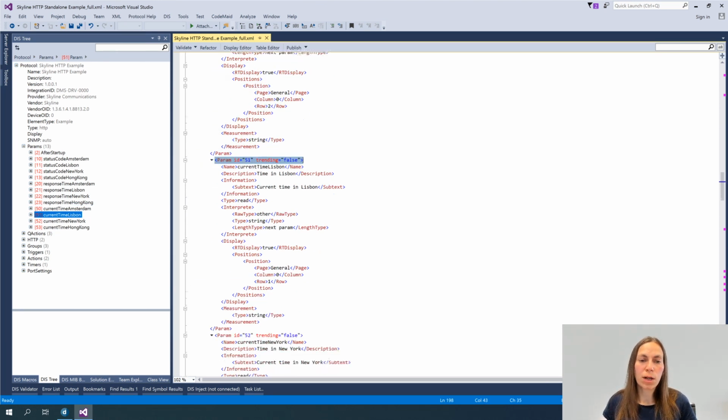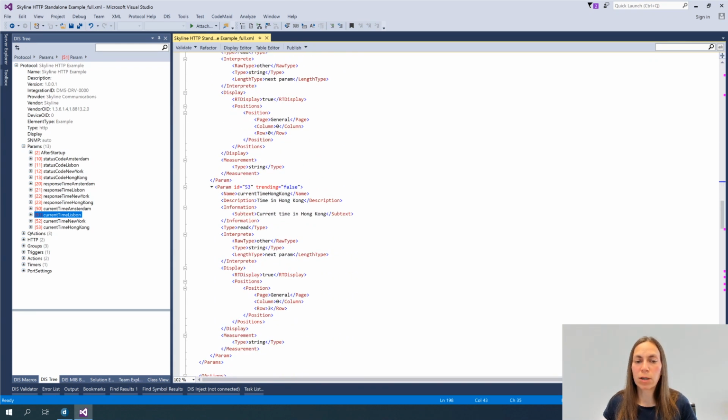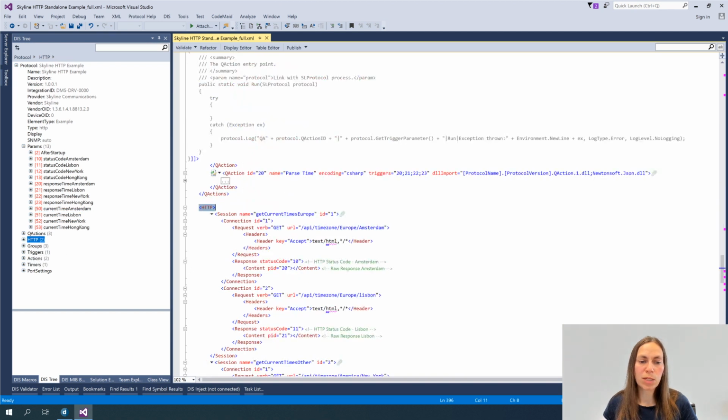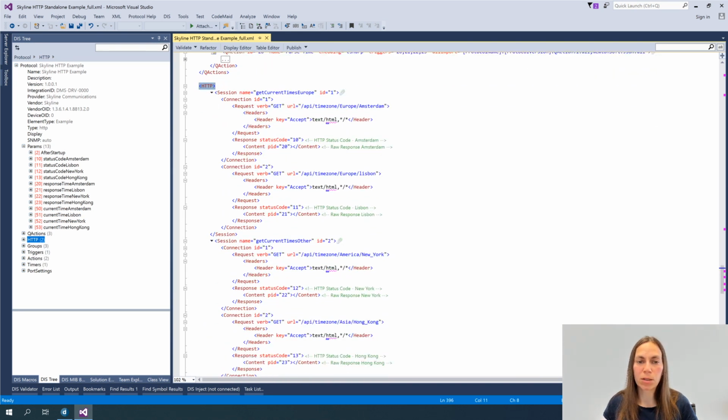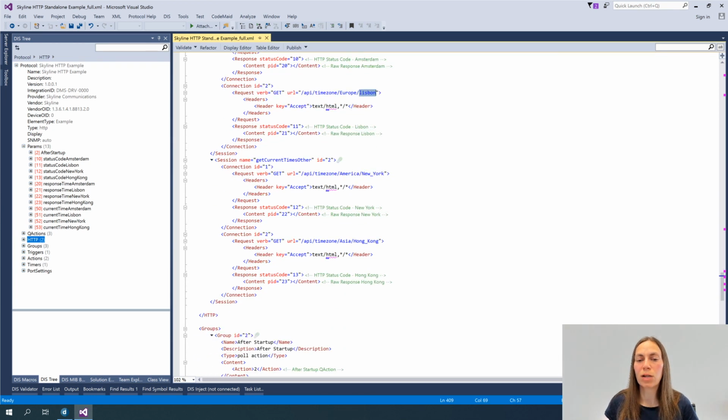Same for Lisbon, same for New York, it's the same structure. So when we have a look at the HTTP section, we will see the same things popping up. It's the same API, it's just indicating, in this case it's Lisbon, then I have New York and another one for Hong Kong. So it's the same structure, it's very easy, same structure as you would make your own connection or mock the connection or test it. It's what is available in the API. The structure